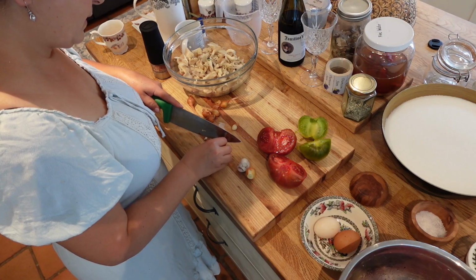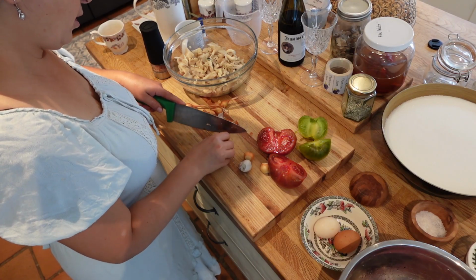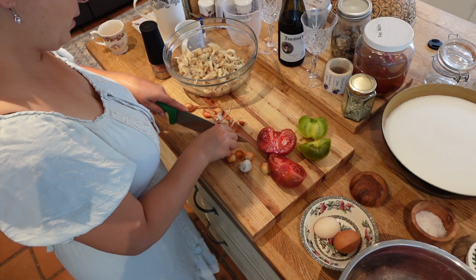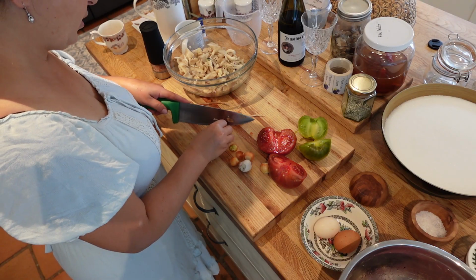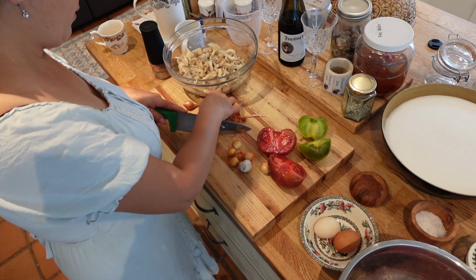I'm going to saute the shallots and the garlic with the seasoned oyster mushrooms, and it's going to be delicious. I've just got the frying pan in the Aga, a bit of olive oil,